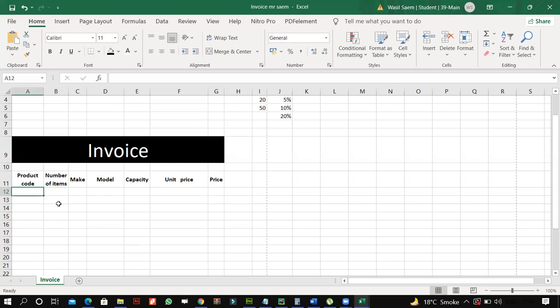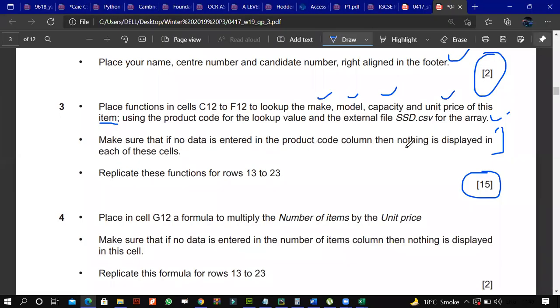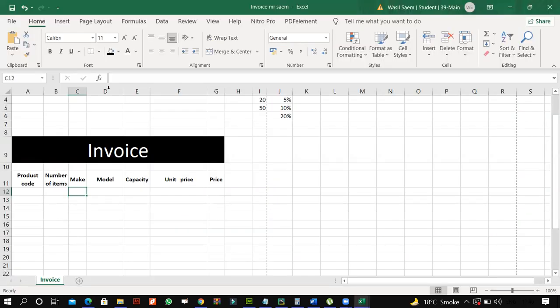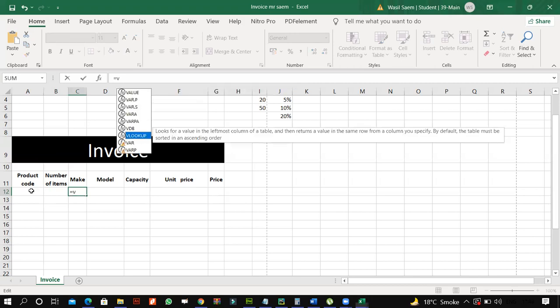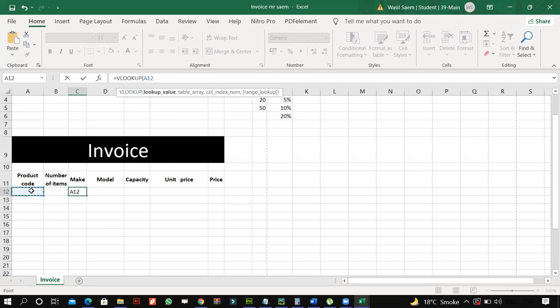So let's come back to the question. So we will first of all do make, model, capacity. Let's do it again. Make sure if no data is entered into the product code column, then nothing is displayed in each of these cells. So in the make, I'll say equals VLOOKUP. That's my product code. Okay. So, right. What I could do is, no, I could simply use IF, I'll tell you why. We will say that if product code is equal to empty, if the statement is true, do what? Just display empty. Just don't display anything. Otherwise, you can